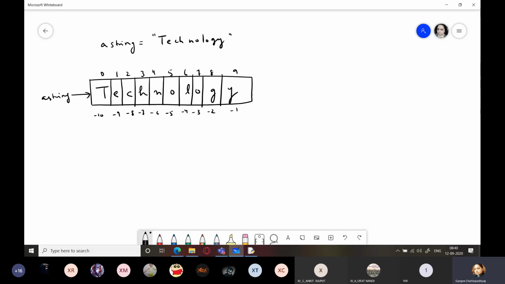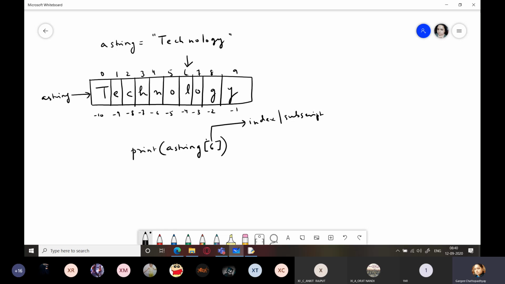If I want to access the value L, how will I access? I will write print, a string within square brackets. I'm going to specify the index or subscript of that character.